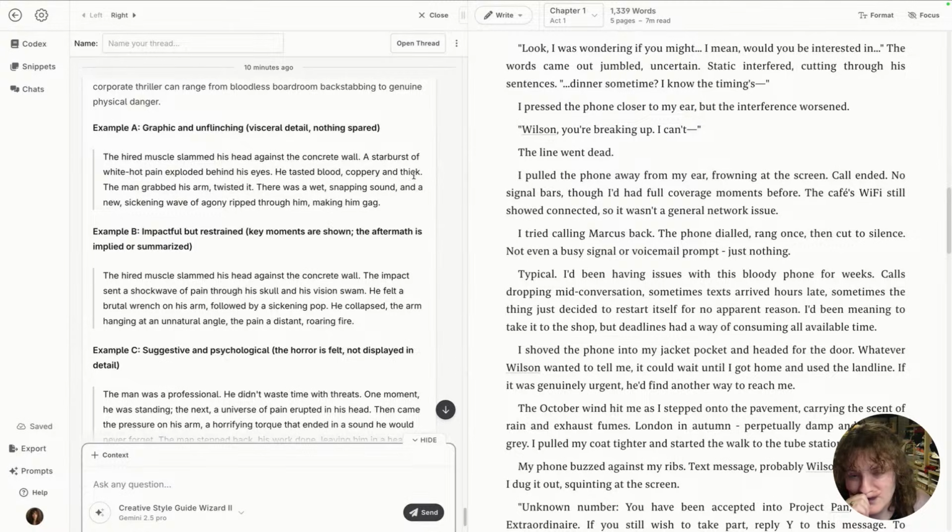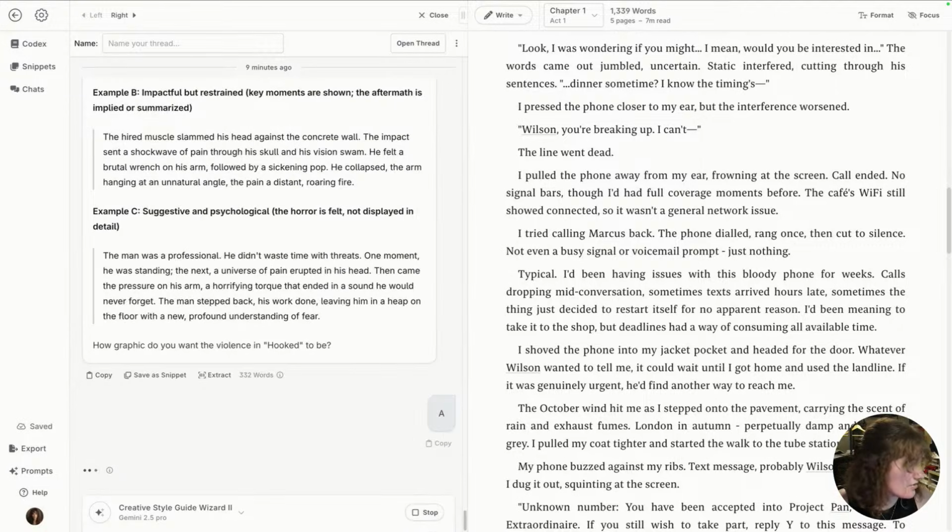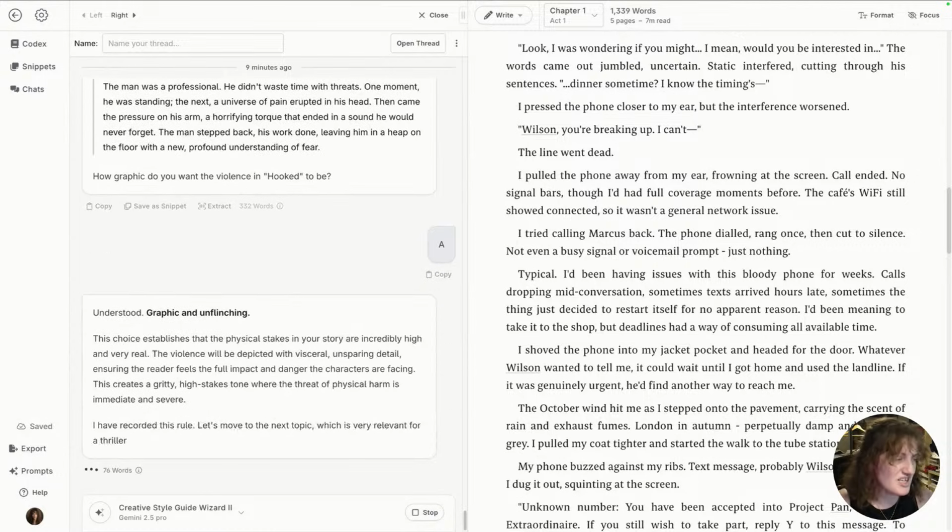I think I'd go for A still. Let's go super on the darker side, I think, for this. It's a bit E, but